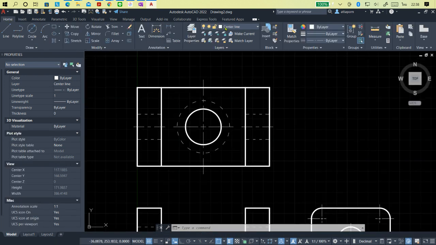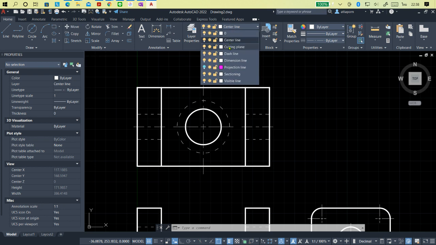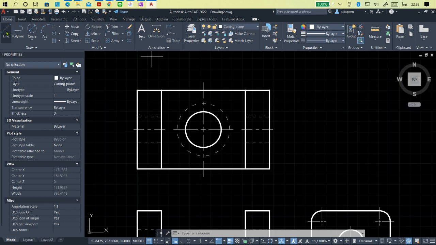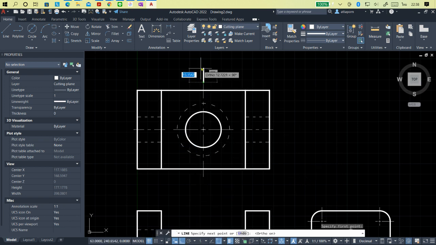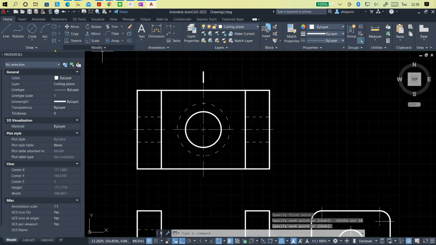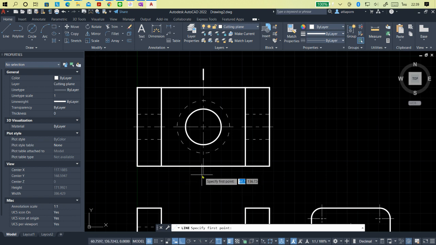So we go to Home, Center line, choose cutting plane and line to this way. You can choose the restrict cursor, choose 10, enter. So you will get a thick line at both ends,